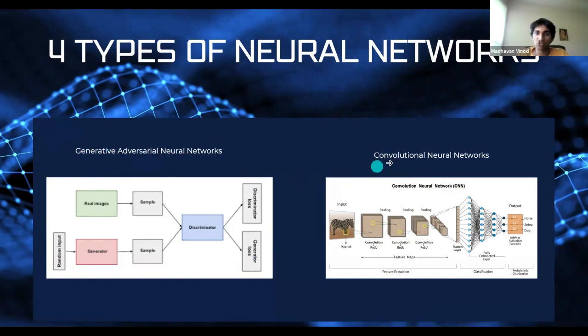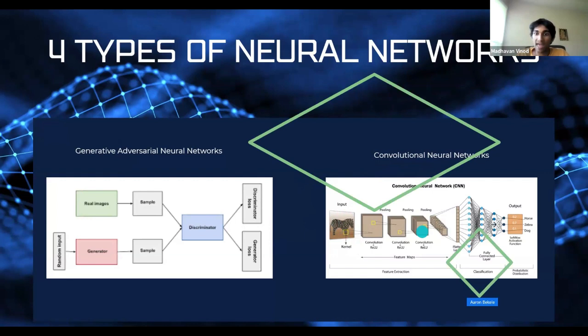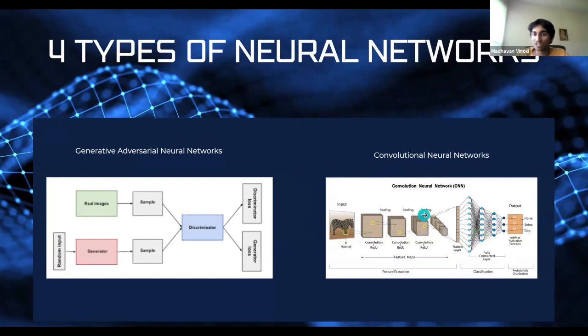And then finally, we have convolutional neural networks. Okay, so I'm not going to spend too much time here. Essentially, let's say you take a picture of a zebra. This is a good example, zebra. And then it goes through the neural network. You can take a look at it on your own time. The neural network is able to identify, based on the color of the zebra and the way the zebra's body looks, that it's a zebra. Just like how, when you see a dog, you're able to identify a dog.